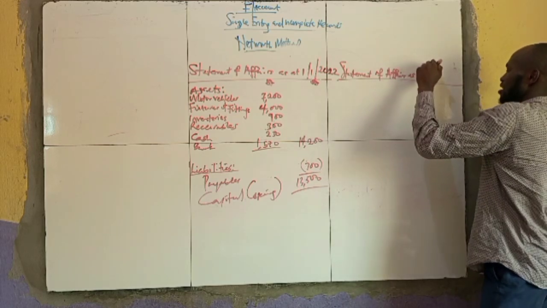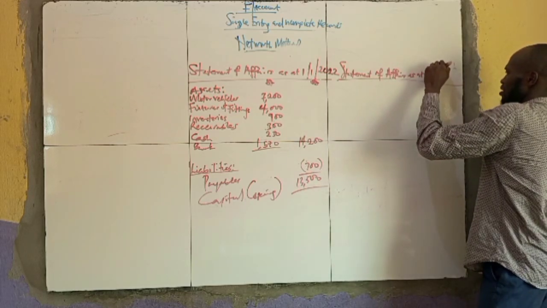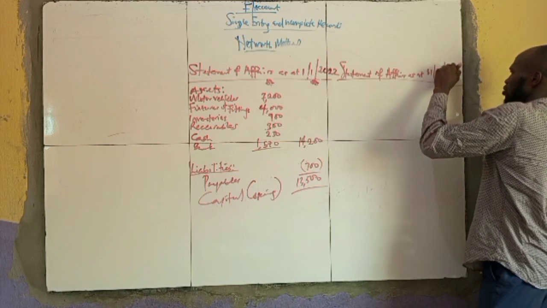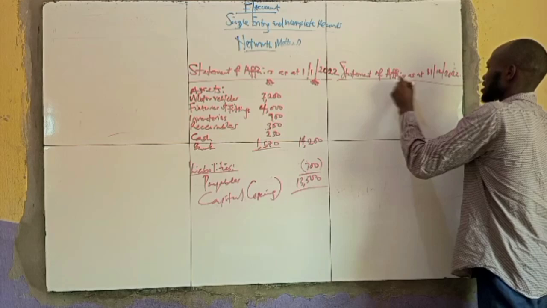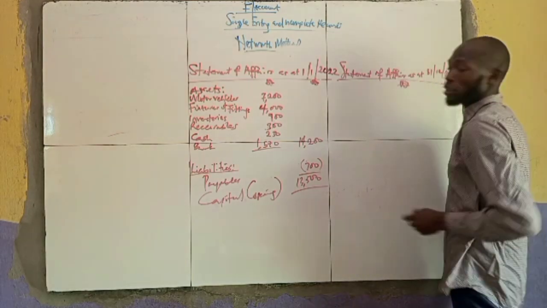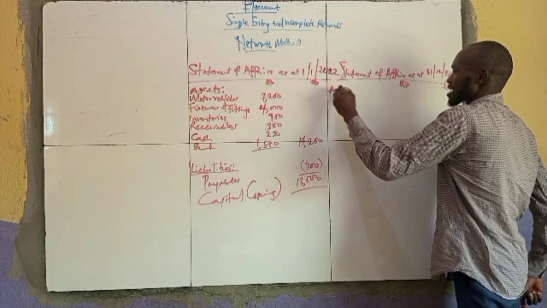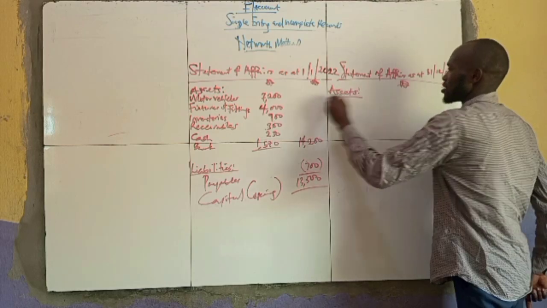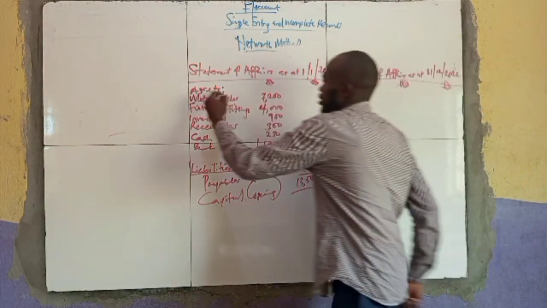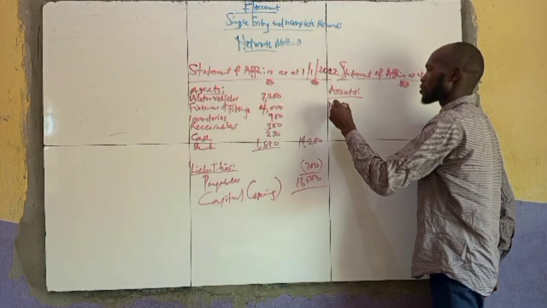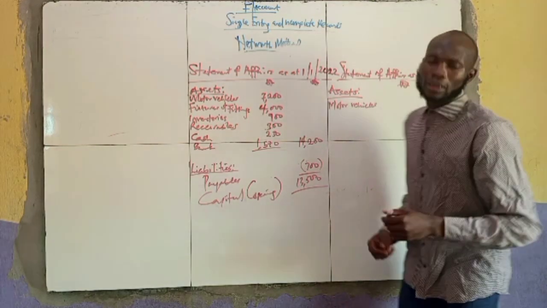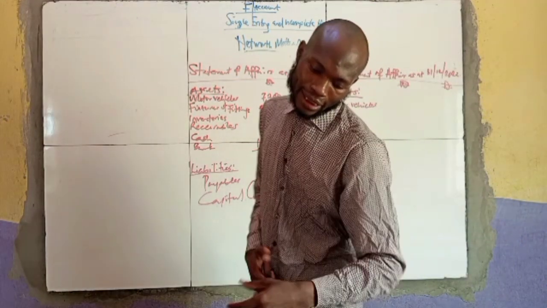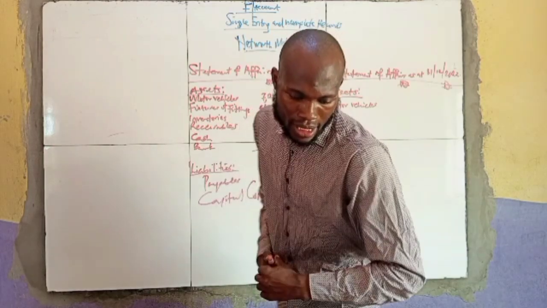As at 31st December 2022. Indicating the naira sign or currency sign, depending on the location you find yourself. So we have our assets, starting with motor vehicle. According to the 31st December transaction, our motor vehicle is